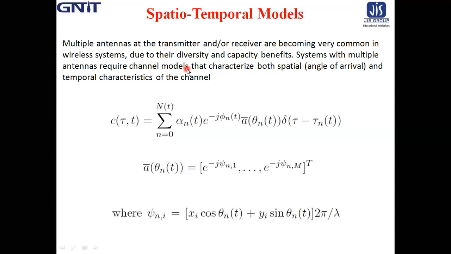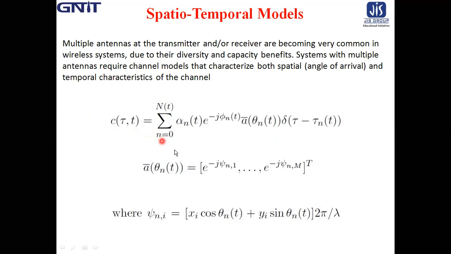Now consider a two-dimensional multipath environment in which the receiver or transmitter has an antenna array of M elements. The time-varying impulse response models can be extended to incorporate angle of arrival for the array as follows,